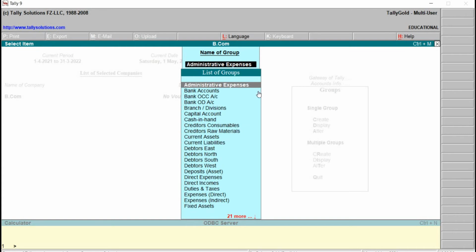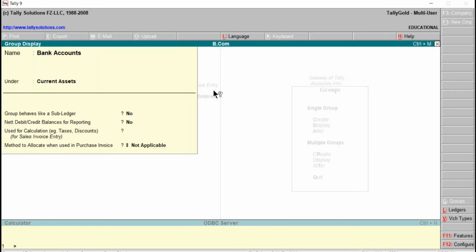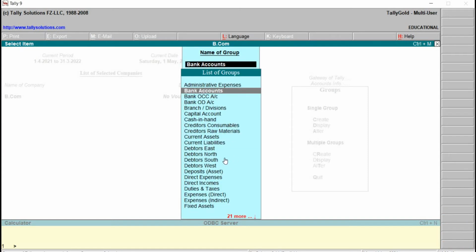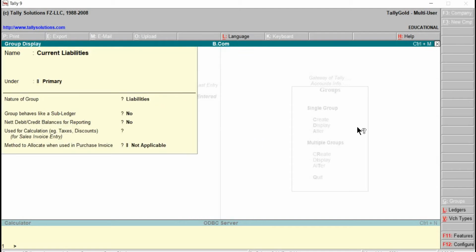To come out, just press Escape. We will be back. In the same way we can see bank accounts, which is a predefined group. Escape once. Let's see current liabilities. Then Escape.